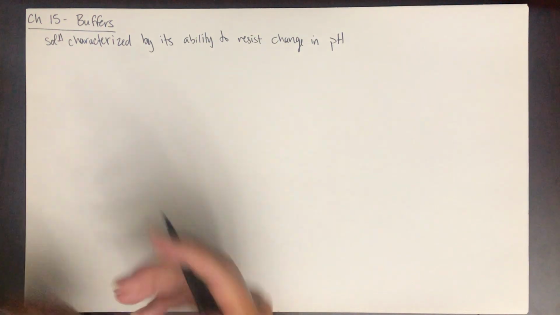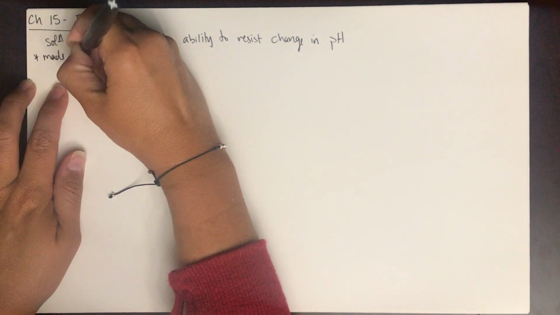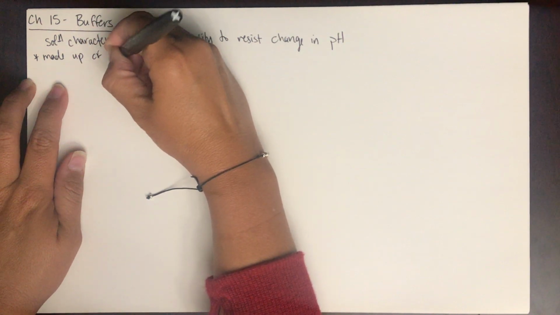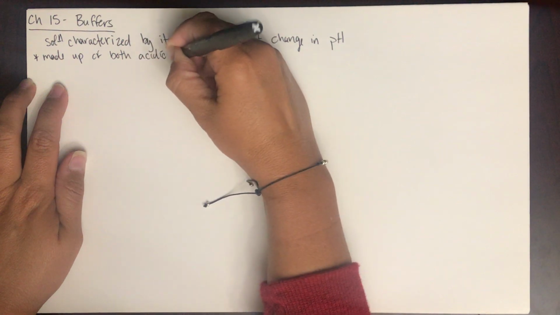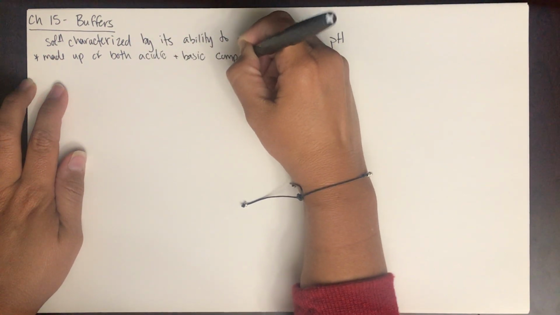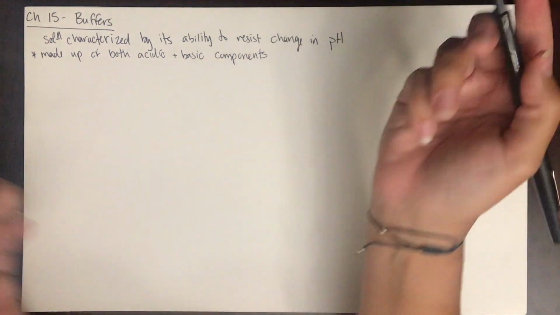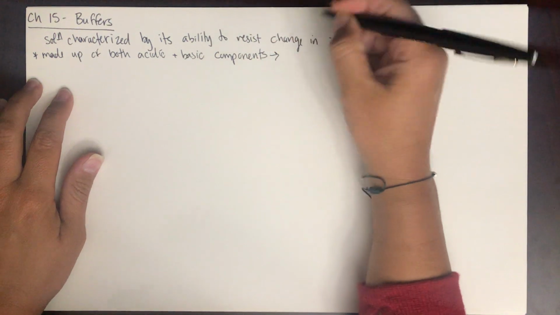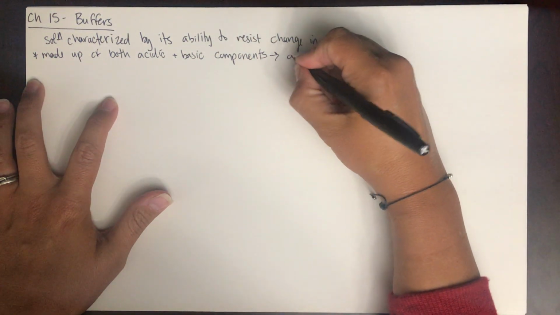And the way it's able to do this is because it's made up of both acidic and basic components. So specifically, it's made up of a weak acid and its conjugate base,